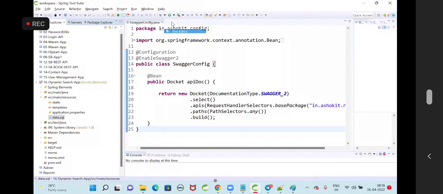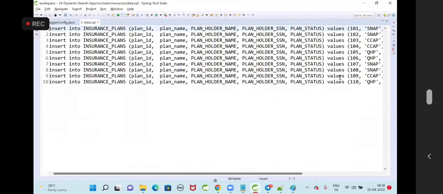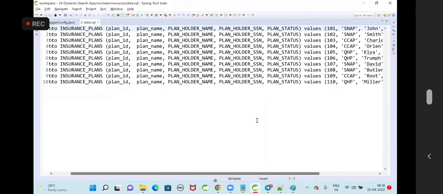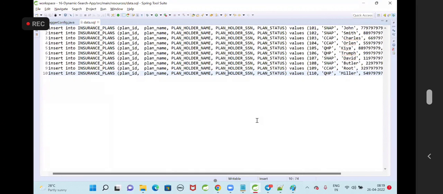Plan ID, plan name, holder name, plan status. I have created 10 SQL queries here to insert the data. Instead of the holder name, let me take it as a benefit amount.